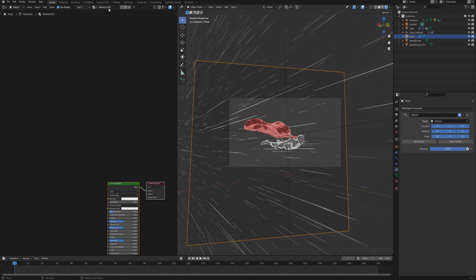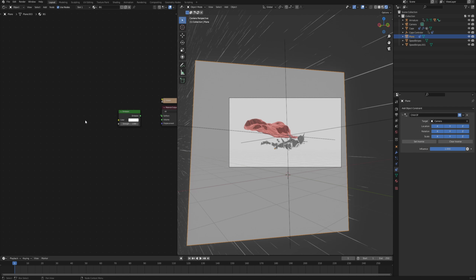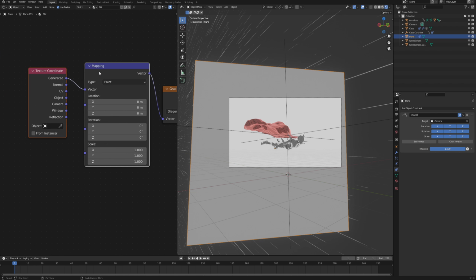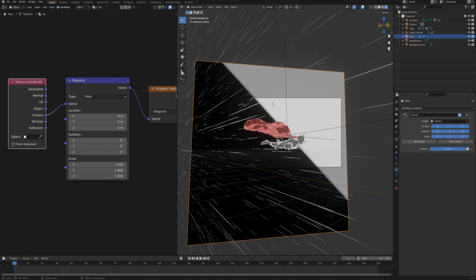Here let's create a new material, and this is going to be the background. Delete the Principled BSDF and get an emission shader again. And here we will actually start with a gradient texture node. With the gradient texture selected, press Ctrl T again to get the mapping and texture coordinate nodes. Now we can change the texture coordinates from generated to camera, so that it will stay aligned to the position of our camera, which is just going to simplify the whole process for us.